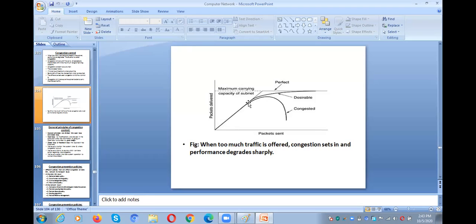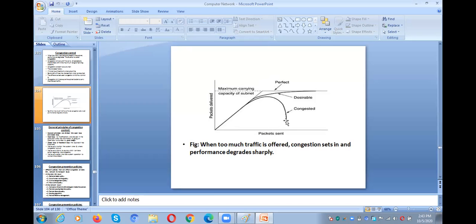If you send more packets through a network, initially the graph will be like this. After reaching a certain point, you cannot send beyond that level. Why? Because too many packets enter the network, which may lead to congestion, so that the network performance will be